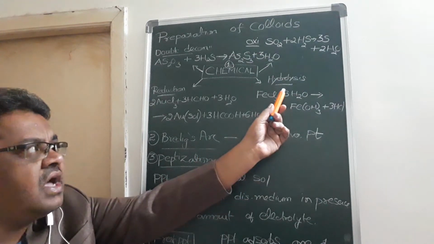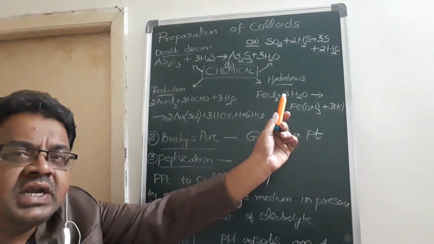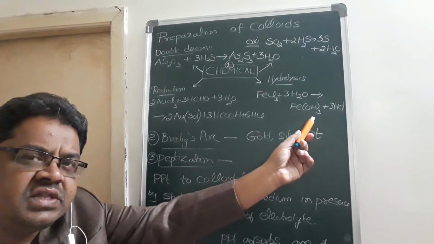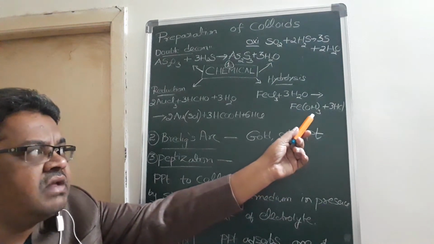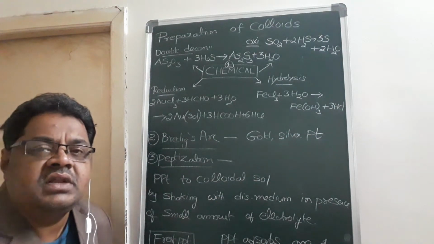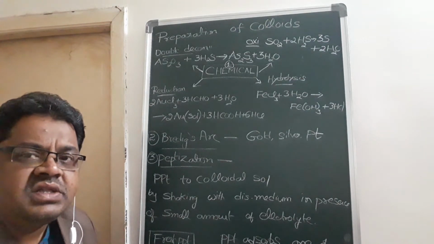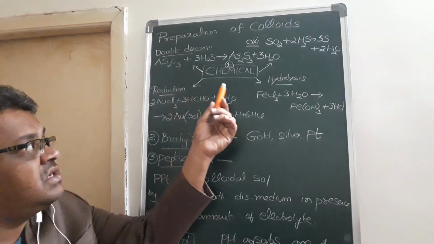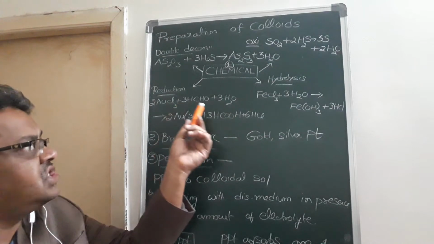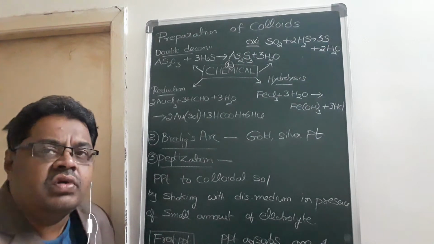And now if you see the hydrolysis, FeCl3 + 3H2O, then the iron will take the 3OH minus and Fe(OH)3 is formed, and the hydrogens are taken away by the Cl and 3HCl is formed. These are the general chemical methods they have given in the NCERT book. So four main points you have to observe. From double decomposition, arsenic is coming, from oxidation, sulfur is coming, from reduction, Au is coming, and from hydrolysis, Fe is coming. These are the four main topics.